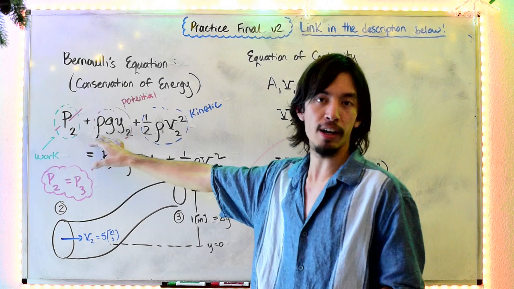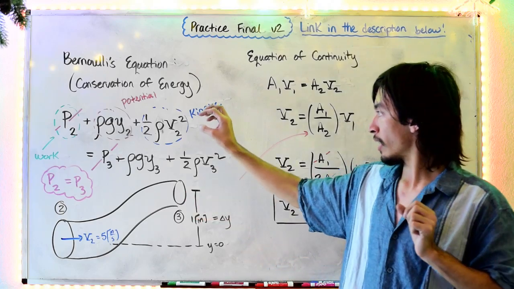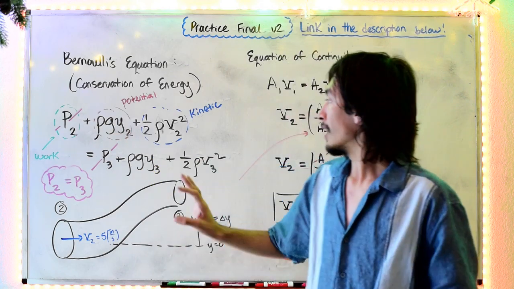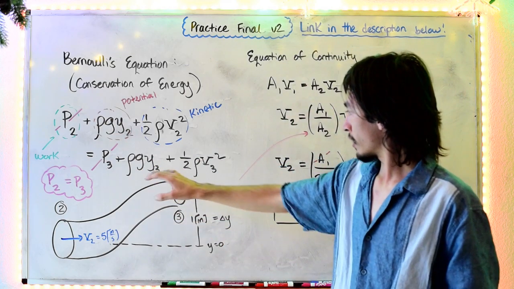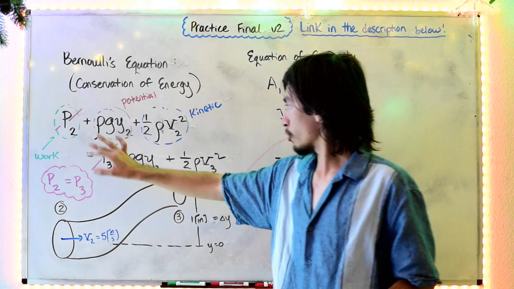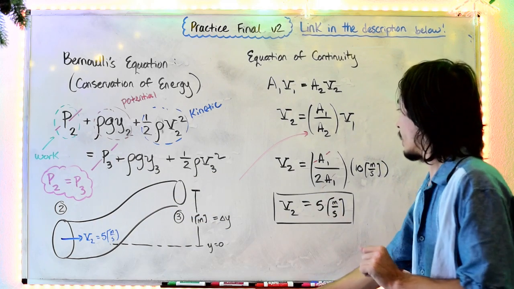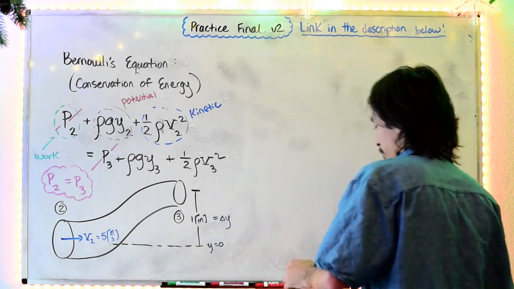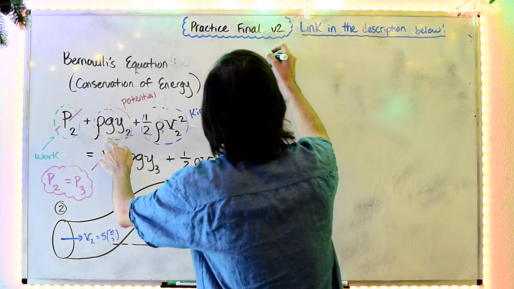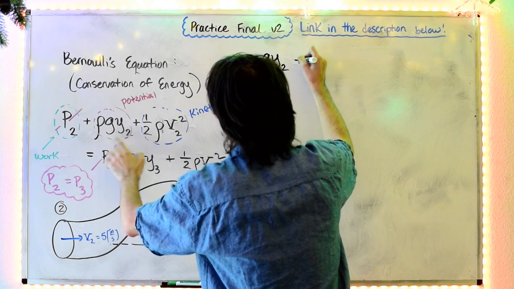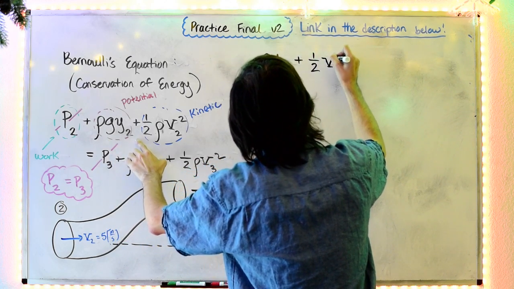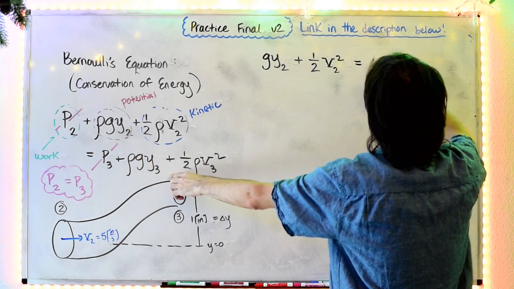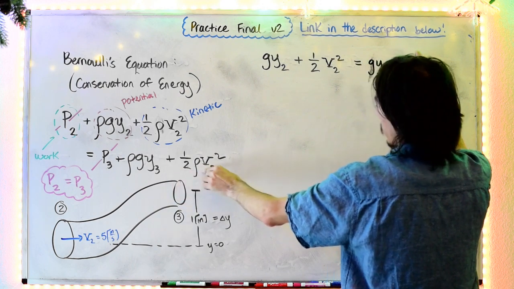If you did not cancel out the pressure, then you would not be able to cancel out the densities because it doesn't appear in every term and you can't factor it. But in this case, since the pressures are gone because they're equal on both ends, we can just factor out all the densities and get rid of them. So now I will rewrite this without the densities since they cancel. The left side is g y2 plus 1/2 v2 squared, equal to the right side, which is the same thing but for 3, g y3 plus 1/2